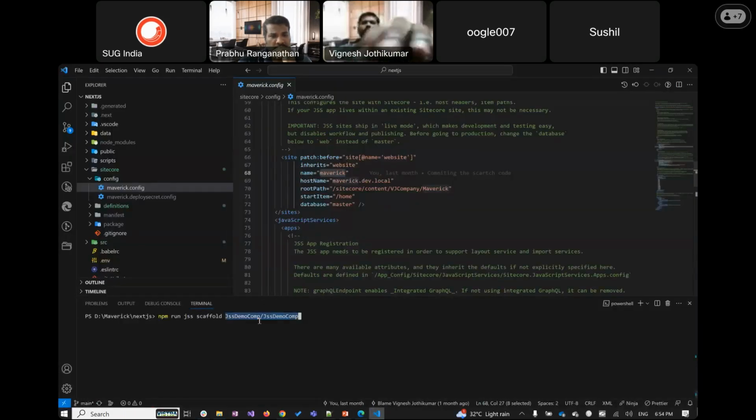I'm just giving a demo where we created a demo application, a demo component. Demo slash: the first one is a folder name, and the second one is a component name. So once this command got executed,